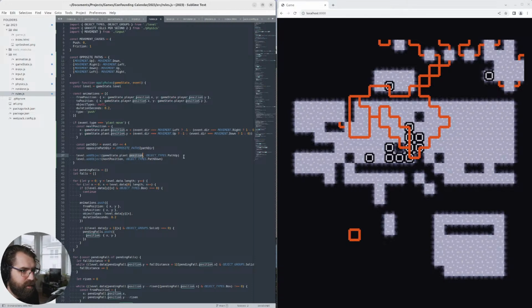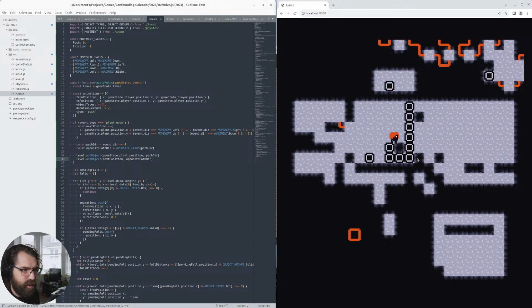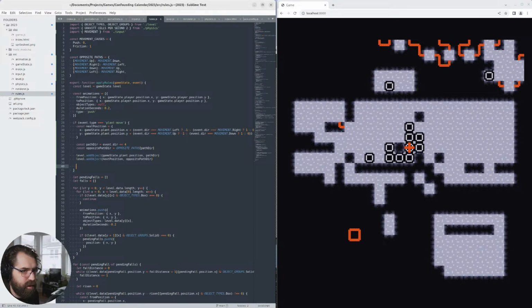So yes, that, but then path dir, then opposite path dir. Let's double check that works. There's probably an error in there somewhere. Yes. Oh, I'm not actually updating. I got rid of a line by mistake. But then there's also another issue: that next position seems to be wrong, or